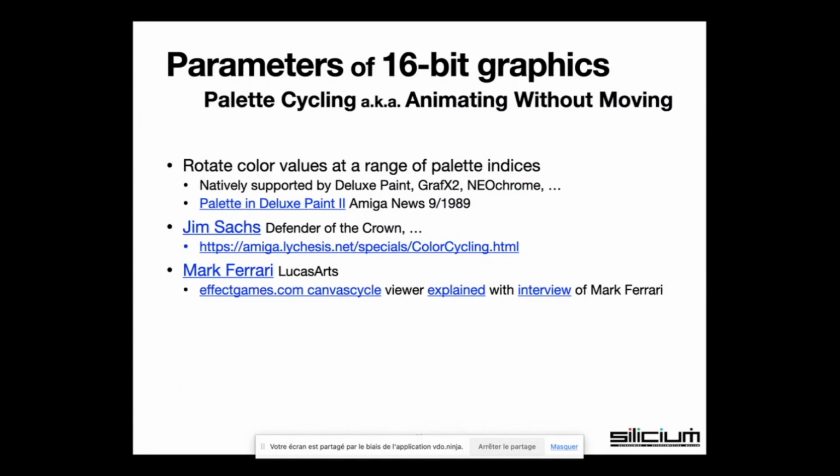So I don't know if we will have time for all of this. I have examples on what to do and how to do palette cycling. Personally, I'm a fan of palette cycling because impressive stuff can be done. There are excellent examples on those websites from Jim Sachs, who is the graphic artist for the game that we were showing, and Mark Ferrari, who did graphics for many of the LucasArts games,